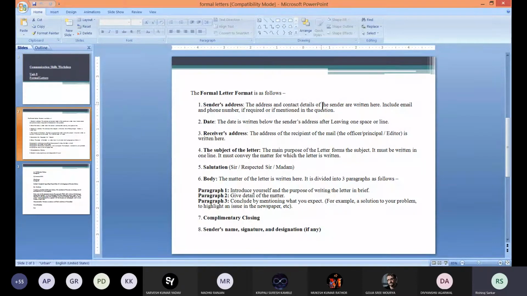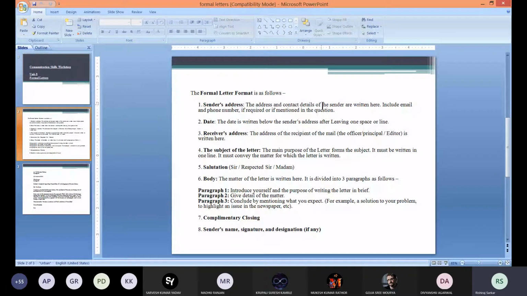The subject will be one liner or maximum two liner and will contain the context of the letter, why you are sending the letter. The purpose of this is to convey the information in brief, so that if the recipients are very busy, they will only go through the subject and they will understand what the content of the letter is. So you need to be very clear about the subject,